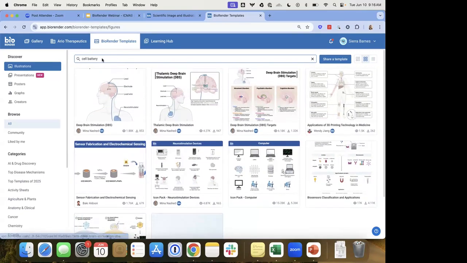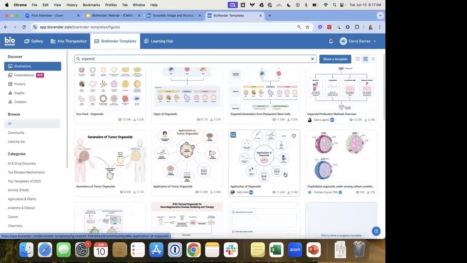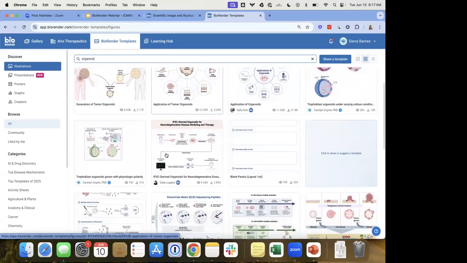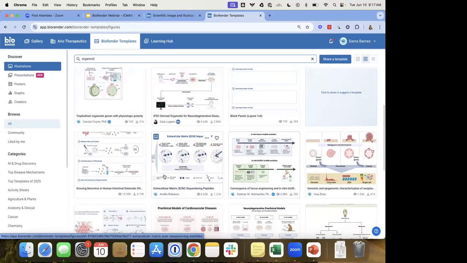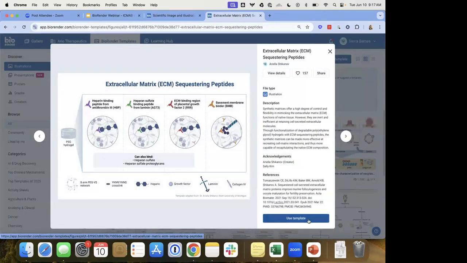Awesome. So this is what we have. The deeper you go, the fewer things will probably pop up. But a great place to start searching is the template library. That just shows you what we have already built out. Once you click on one of these, all you have to do is click use template, and then everything will be